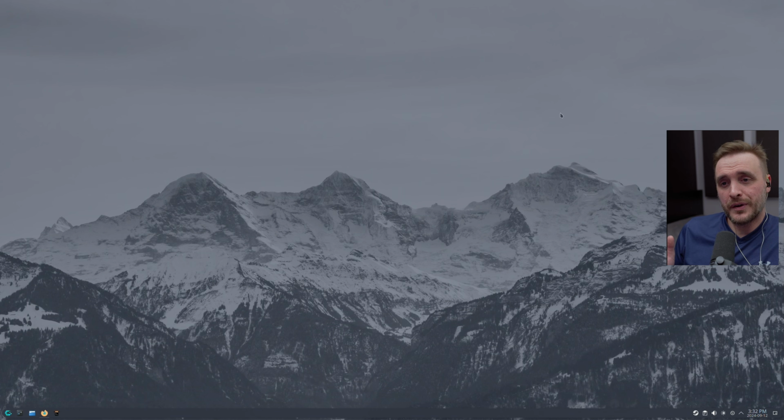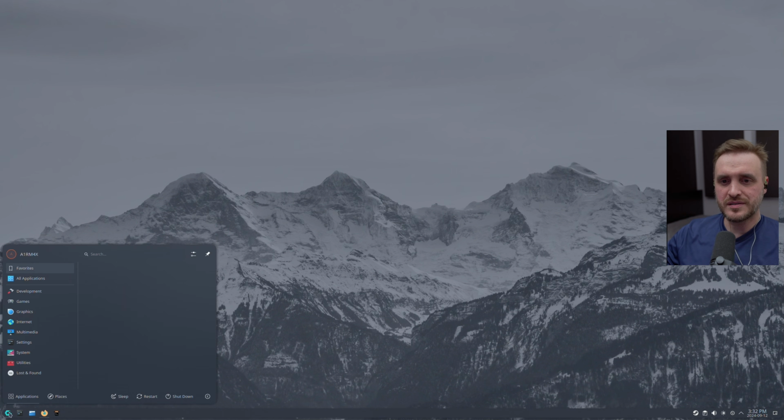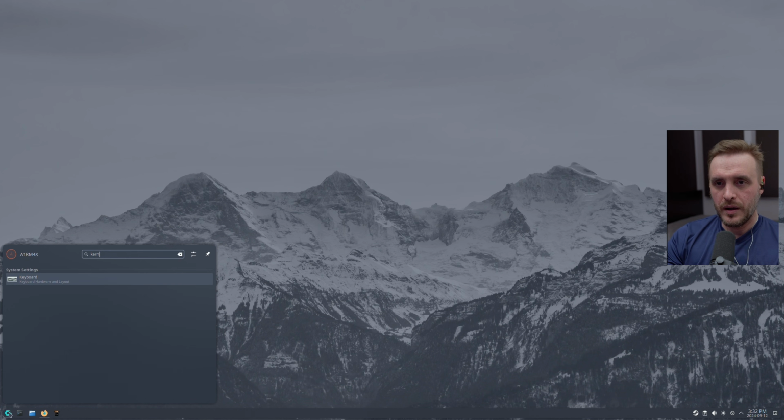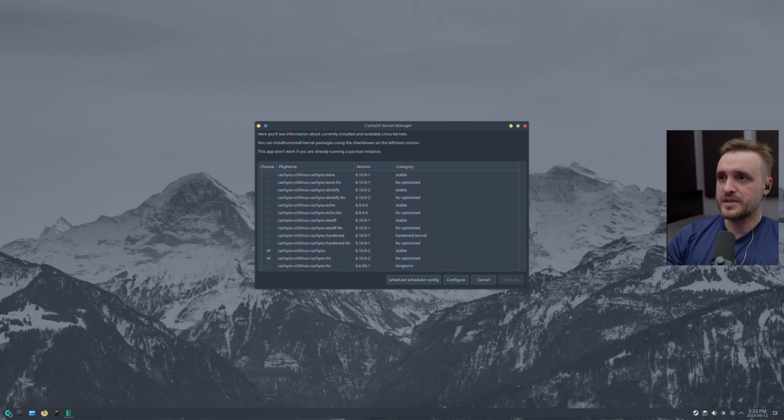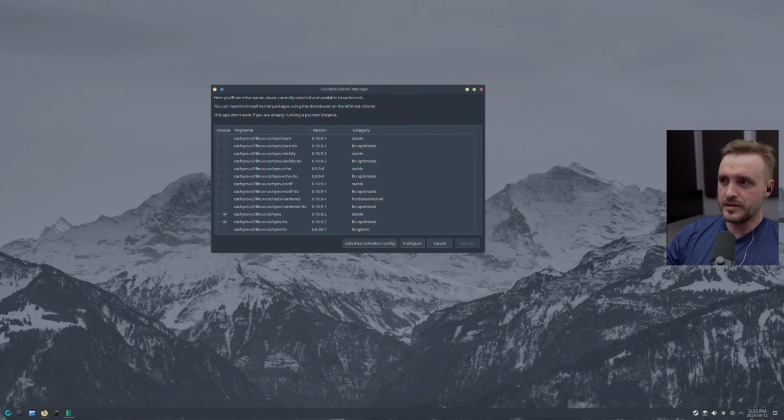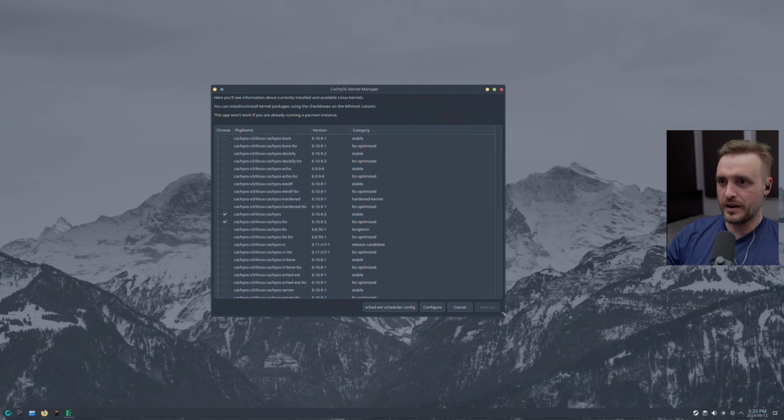Now, last but not least, if you are into compiling kernels, CachyOS provides a package called CachyOS Kernel Manager, which is installed by default, but you can still install it using their repo. Here, it's installed on my machine, CachyOS Kernel Manager. I'm going to start it and we're going to get into it a little bit,